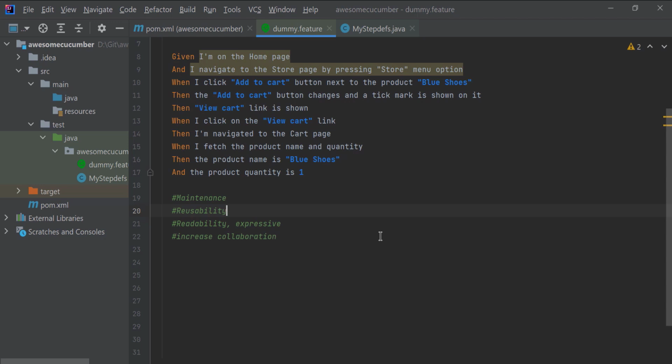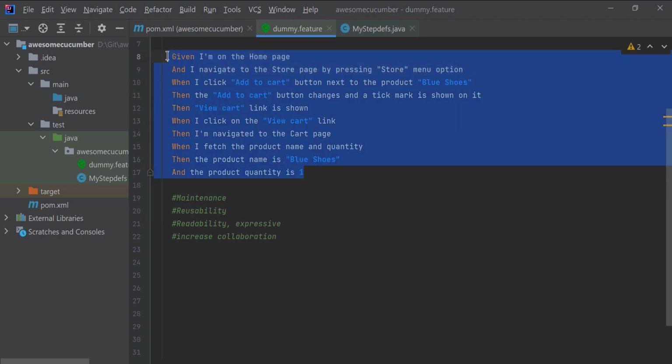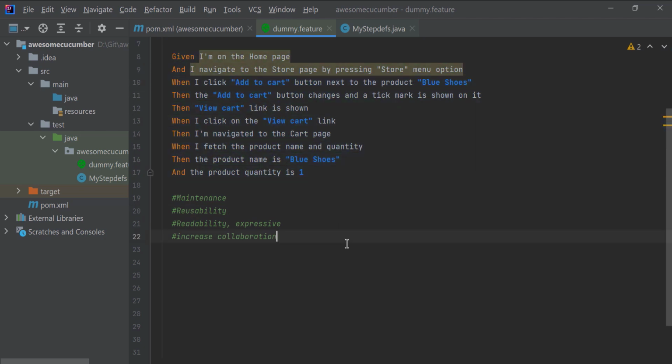Welcome back. In the last few lectures, we discussed some of the important anti-patterns that we can avoid while writing Gherkin. So why are we doing this? We can still be fine by writing these scenarios like this, right? See, the thing is, for test automation, one of the most important factors that can make or break your automation is maintenance. Writing the code is not a problem. You can write as much code as you want. But maintaining the code is a real challenge.